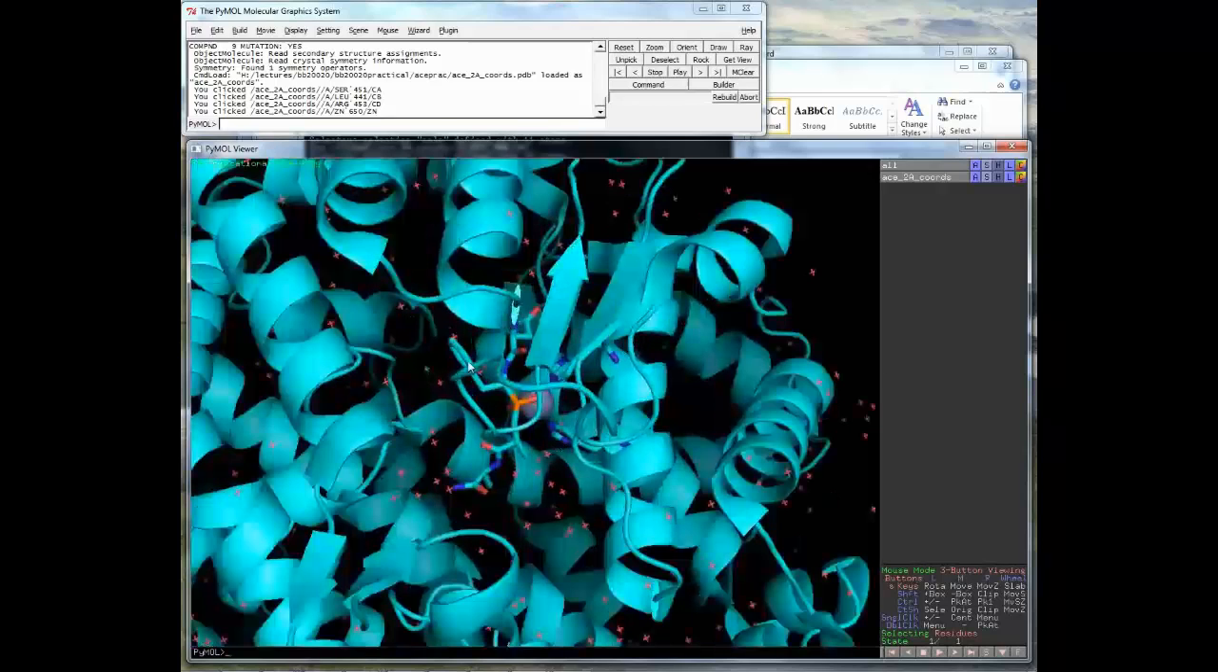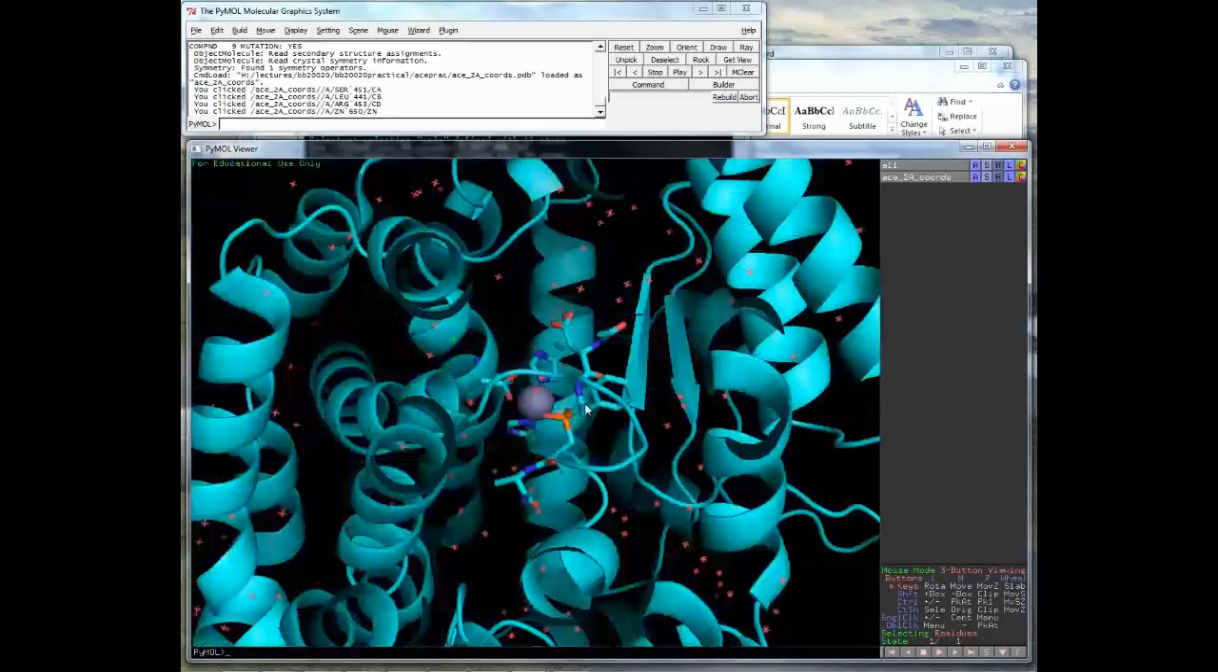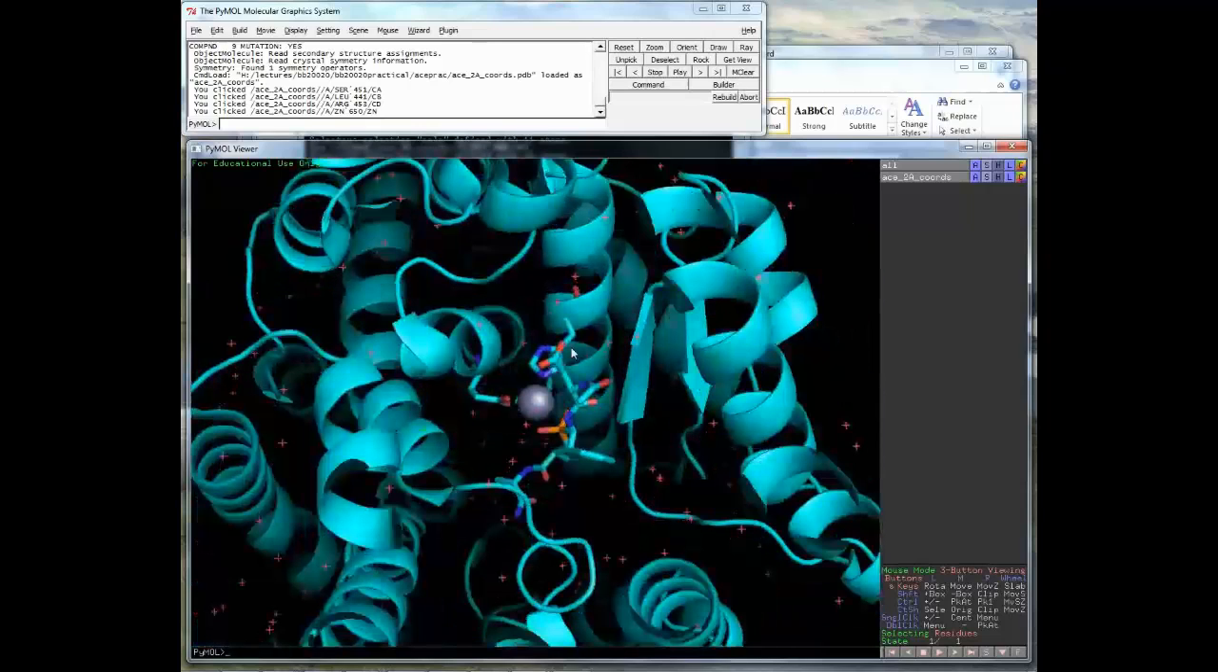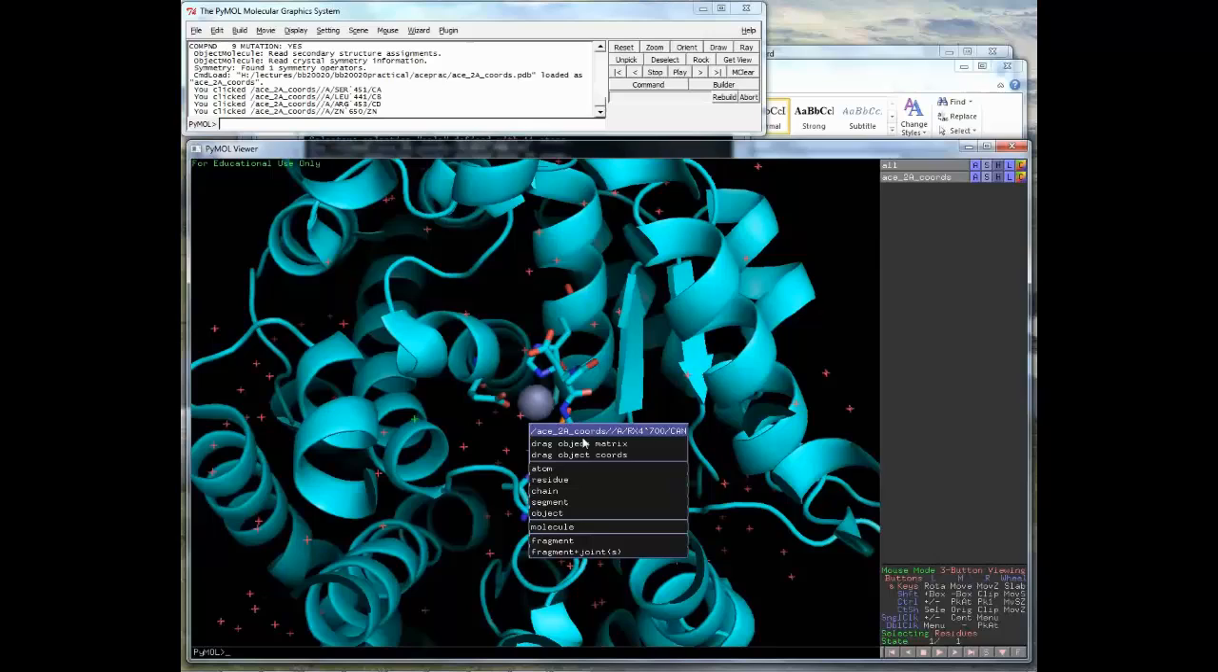But because we've chosen to show these as sticks, we can still zoom into the active site and have a look at how the ligand lies in relation to these secondary structure elements around it here. We can also do things like, let me just check I've got the right one,